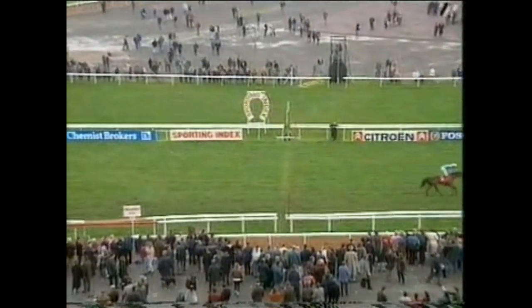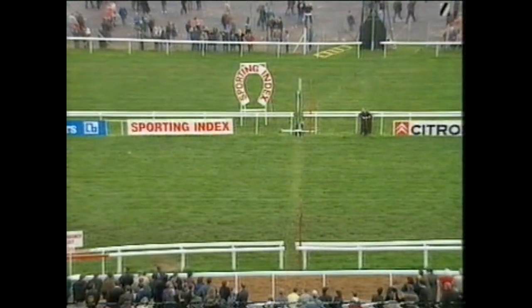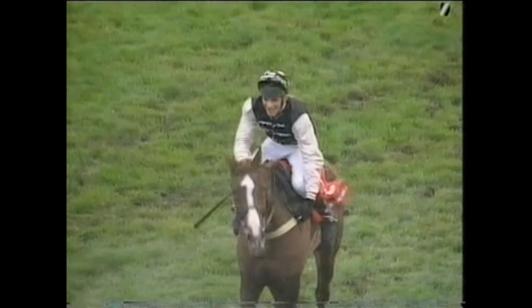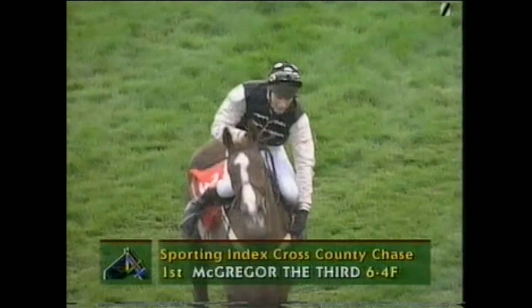Second horse home is Viva Bella, who plugged on gamely. Third was Docklands Express, and these 3 are a long way clear of Rosemary Henderson coming up the hill now. She's going to take 4th place and pushed out towards the line. Here she comes. That's it. Rosemary Henderson is in 4, and Torian Tycoon is in 5th. And then some of the strugglers, and some of them have well pulled up. The result then of this, the Sporting Index Chase, it's a win for McGregor the third. And the colours